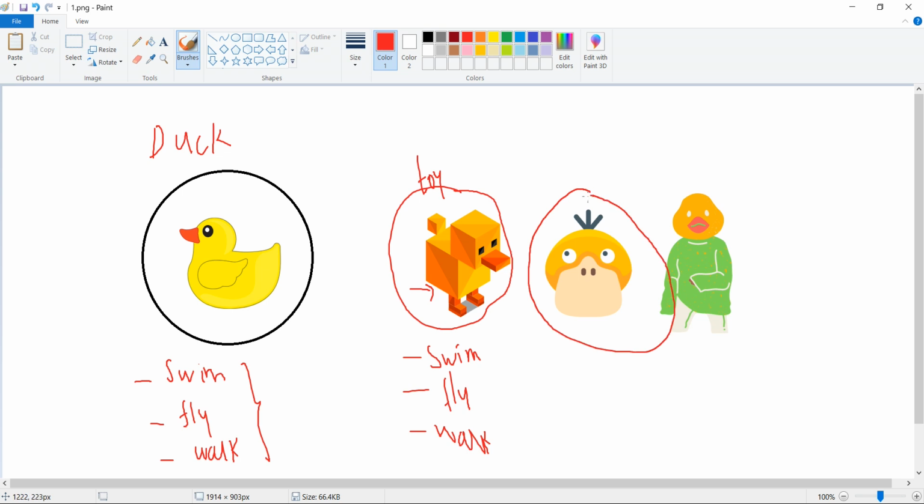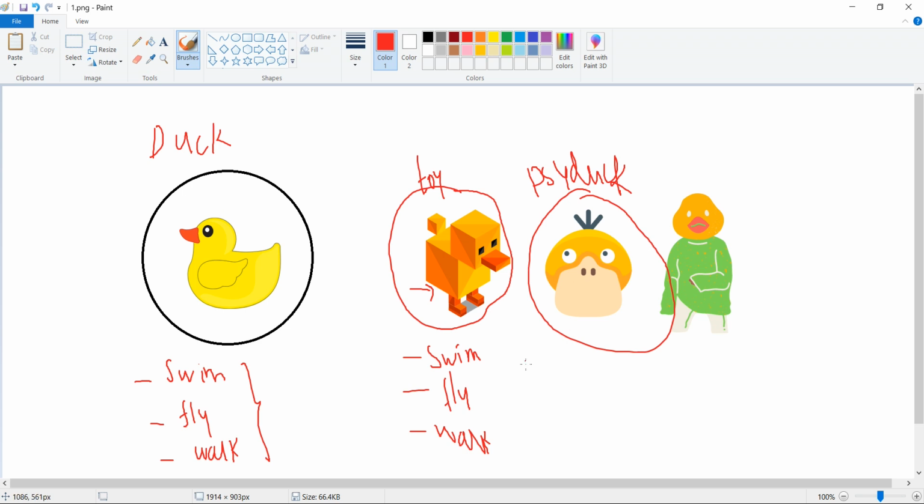This thing here is another Pokemon, called Psyduck. If you don't know about these things, just leave it, it's just a fun, interesting way of understanding duck typing. I'm basically narrating this.